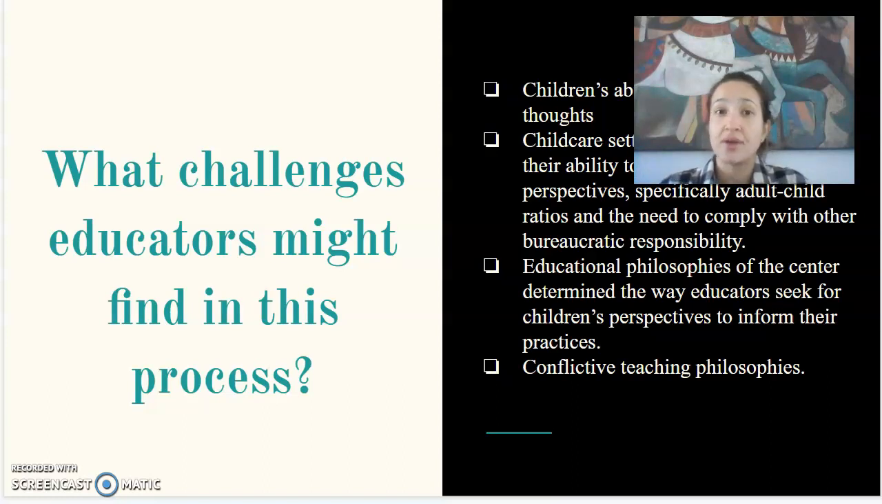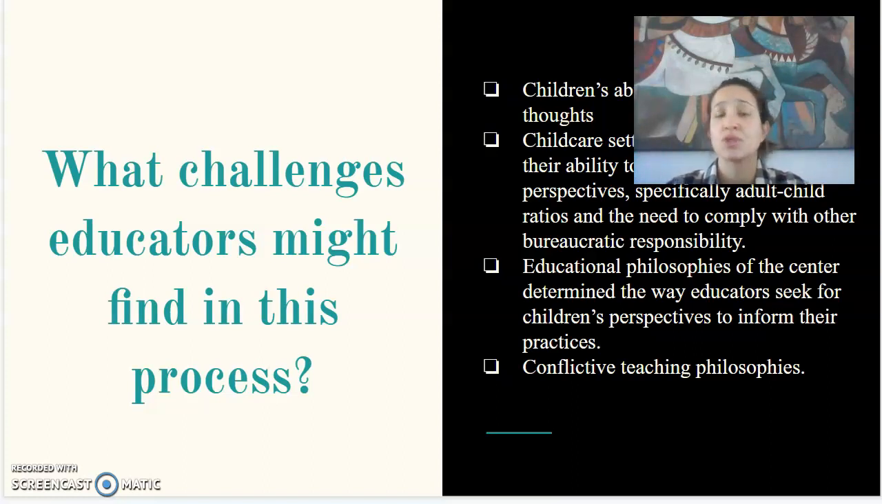Another challenge that they found was that childcare settings' policies will influence the way these educators seek the perspective of children. For example, adult-child ratios and safety measurements really influence the way and the time educators need to engage in meaningful conversation with children. Another challenge that they found was that the educational philosophies of the center determine the way educators seek